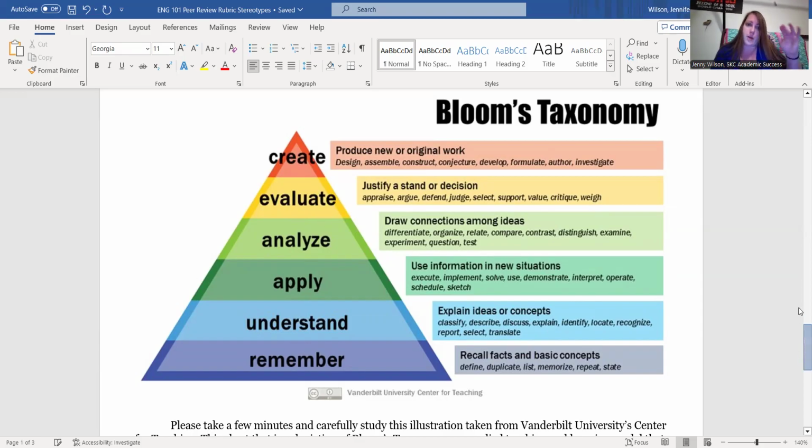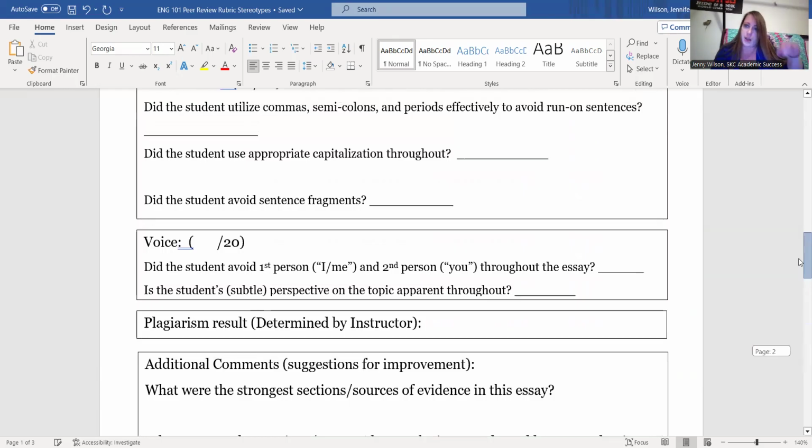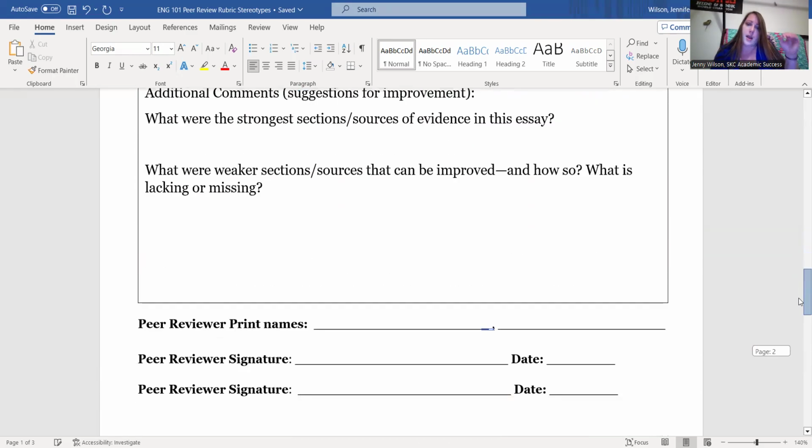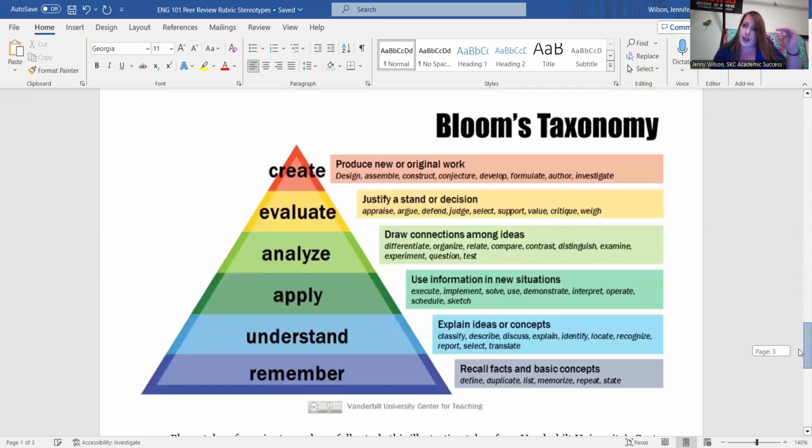Again, this is the actual grade sheet. Many students can achieve the basics that are on this grade sheet and do pretty well on this essay. But this is to help you get to the next level. If you can think about how well did I at least apply, analyze, and evaluate the information from the sources that I found, this is a much better essay than an average high school level book report. Okay. And that's what I'm trying to challenge everyone in here to do,